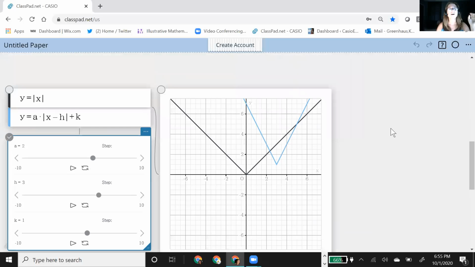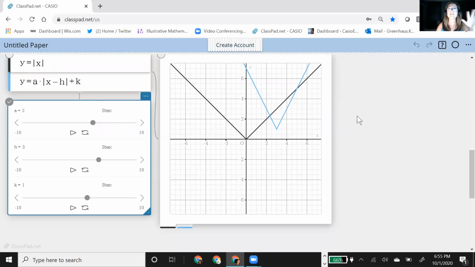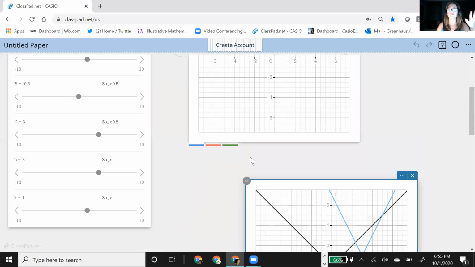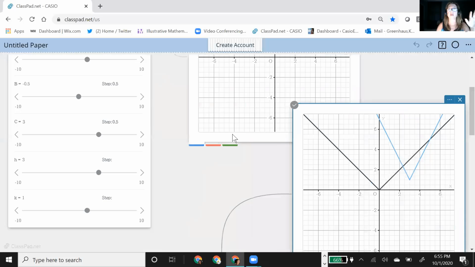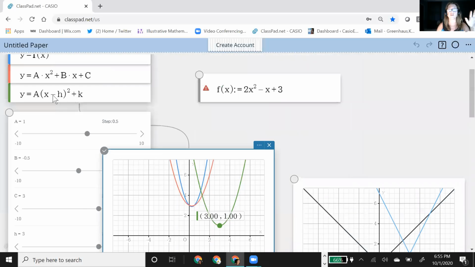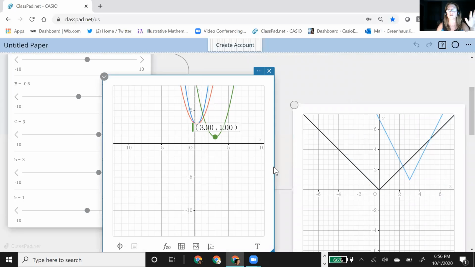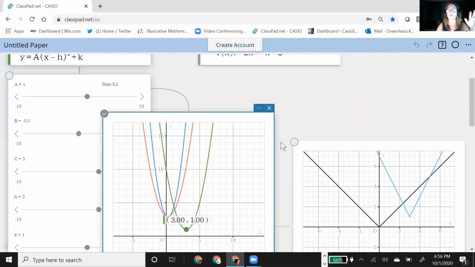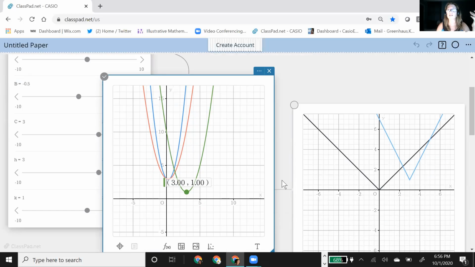But I did want to just show you that this is nice because we don't often connect the absolute value function to the quadratic function, this vertex form. I'm sorry, I'm going crazy with my zoom. The vertex form and the vertex form of the absolute value are really using that same idea of H and K, and we don't tend to connect them.